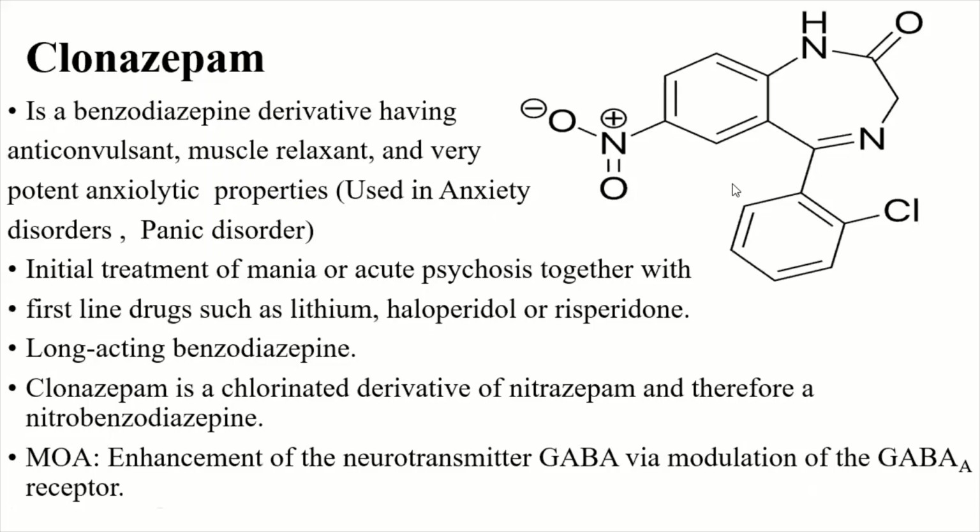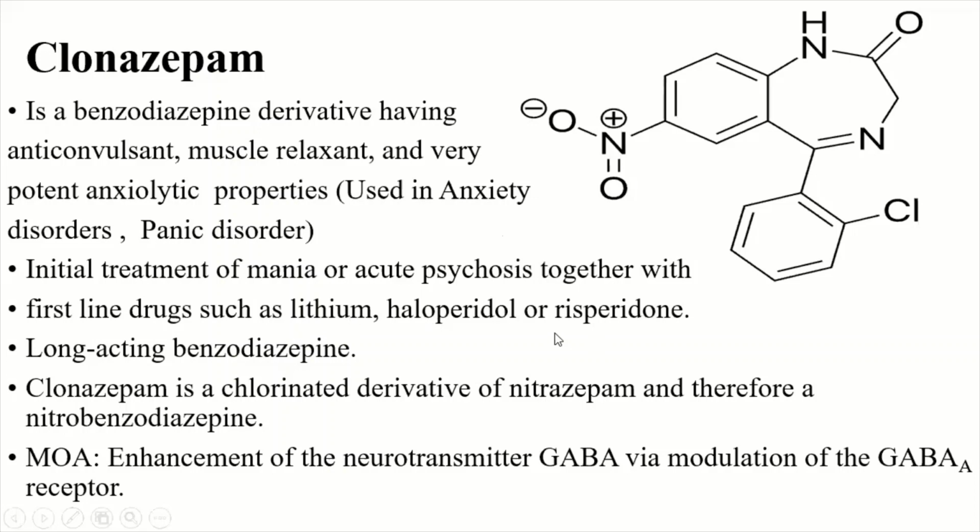Next is clonazepam. This is a benzodiazepine. It has anticonvulsant property, muscle relaxant property, and it is a potent anxiolytic, which can be used in the treatment of anxiety disorders, panic disorders, etc. It is also used in the treatment of different psychotic problems like mania. Mania is an extreme psychotic disorder. It is used in mania and acute psychosis, together with other first-line drugs like lithium,